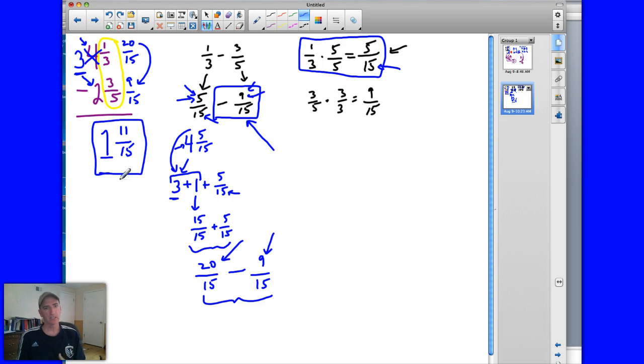So you can see that, until you really get your head around it, it's a little bit confusing because you have to borrow from that whole number and change the fraction. Anytime the number being subtracted from is larger than the number being subtracted, you have to do that. So do what you will, but I would suggest you just focus on that other method. And I'm going to show you next just the first method of the next slide, which is the top